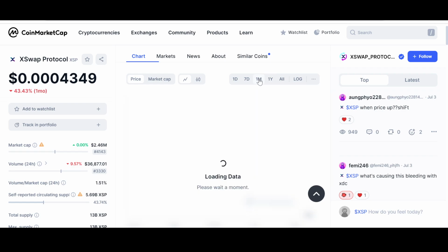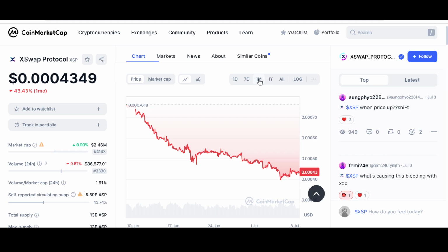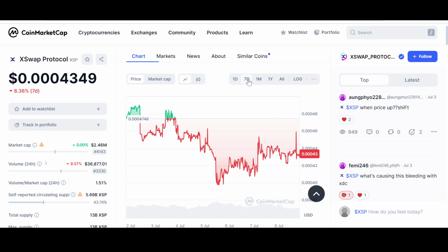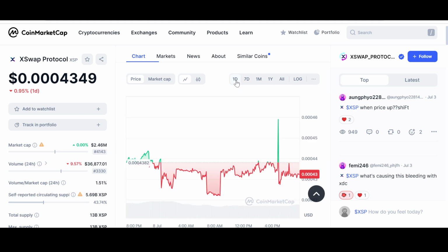because in the last month or so, XSP has fallen significantly along with the rest of the market, guys. Check this out. It is down 43.43% in the last month. In the last 7 days, it is down 8.36%. Check out the market cap, $2.46 million. The volume has also fallen. You can see that it had a small spike over here towards the 0.00046 area, but the price has come